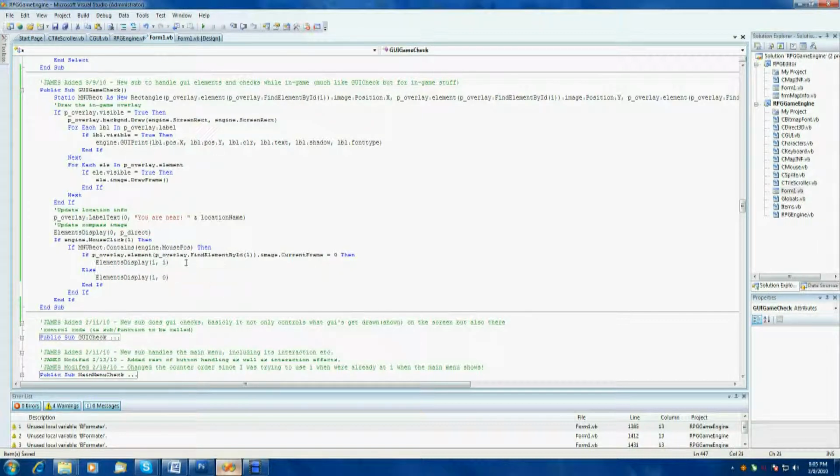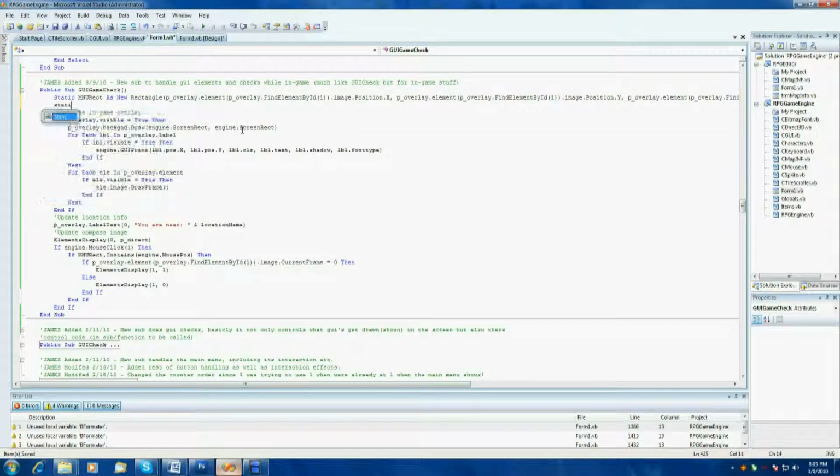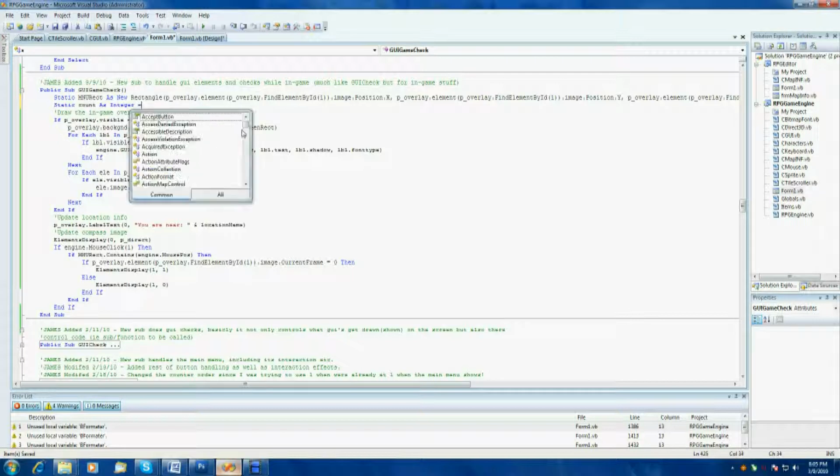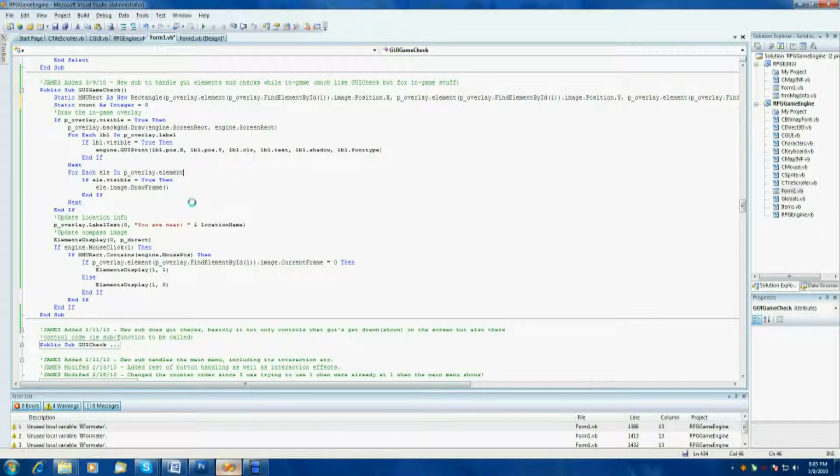Now, this is permanent, so when we click on it right now, it's just going to change it and leave it alone. We don't want it permanent. We want it to do it for a little bit and then change it back. So what we're going to do is throw in a little timer. I'm going to put in a new static count. It's going to be an integer, and we start it as 0. And all it's going to do